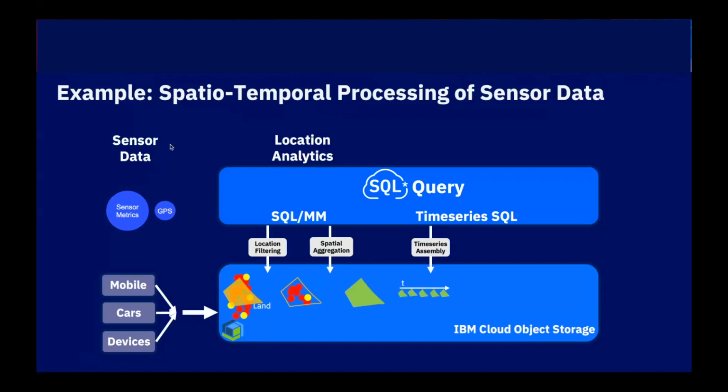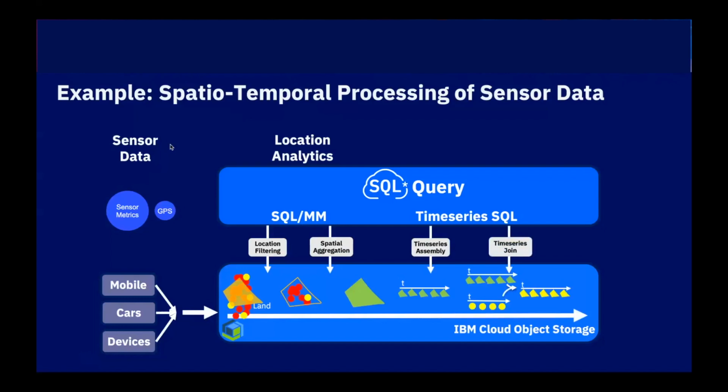stored as a time series. And then we may want to join it up with other time series data that we get from other devices, and we correlate time series data. So this geospatial and time series combination is a very nice one, and that's why these libraries that we have packaged up, we call them the Spatio-Temporal libraries, because they are very often used together.